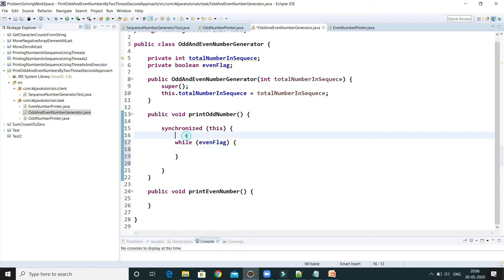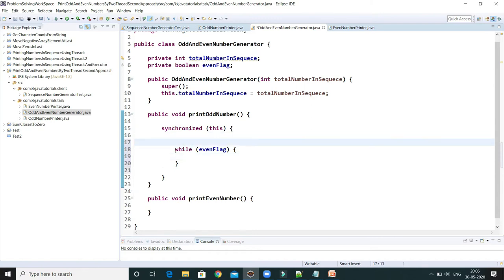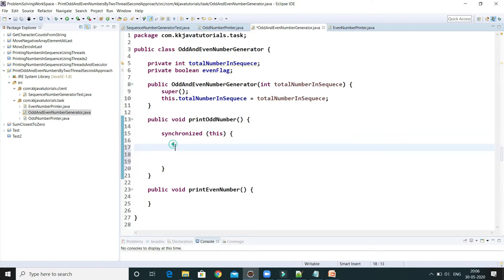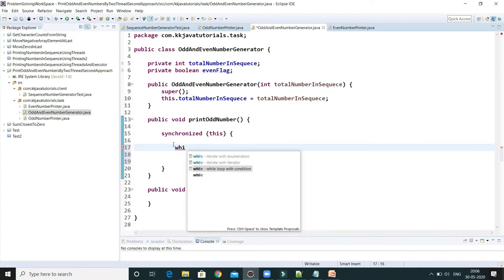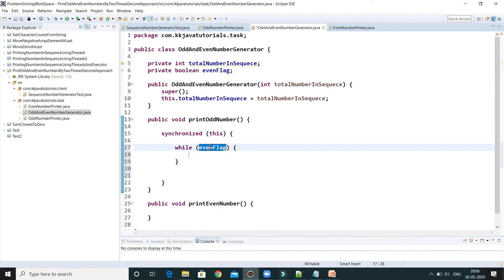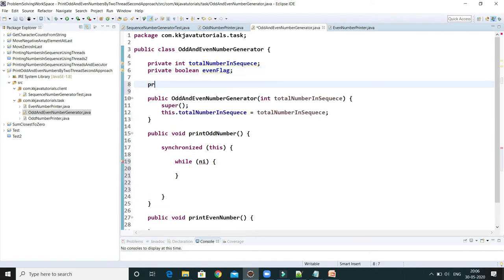Before that, first of all I have to check the limit. Here you have to declare one more thing, private int, let's say number, which we have to print, which I am going to initialize with 1.